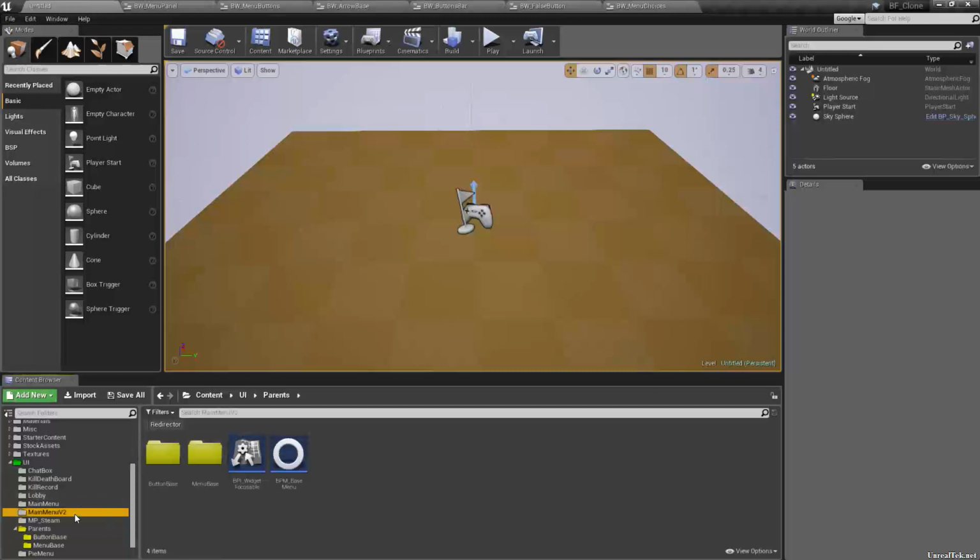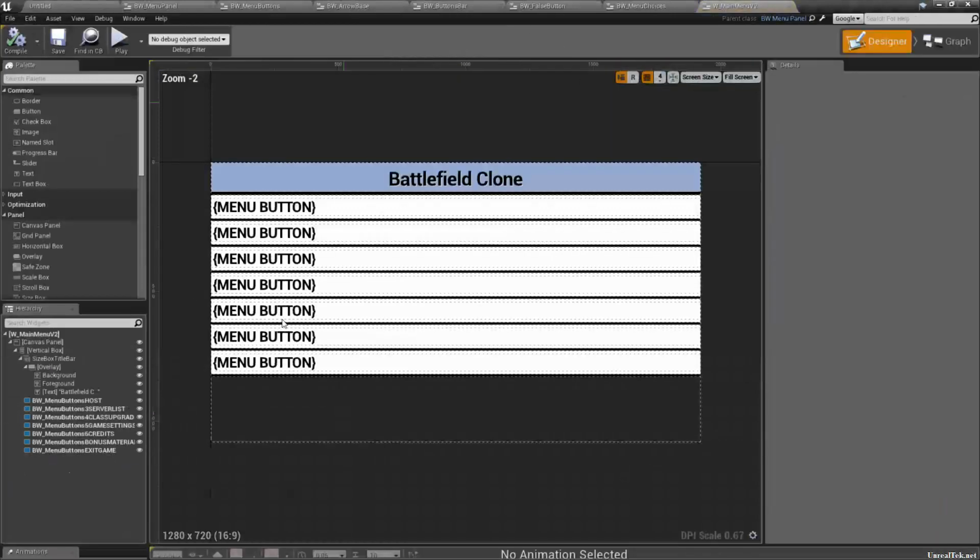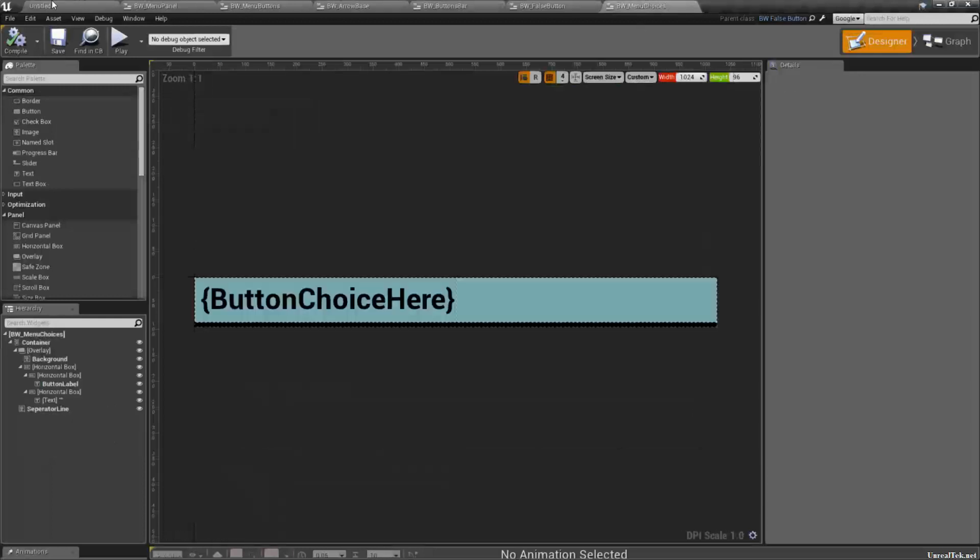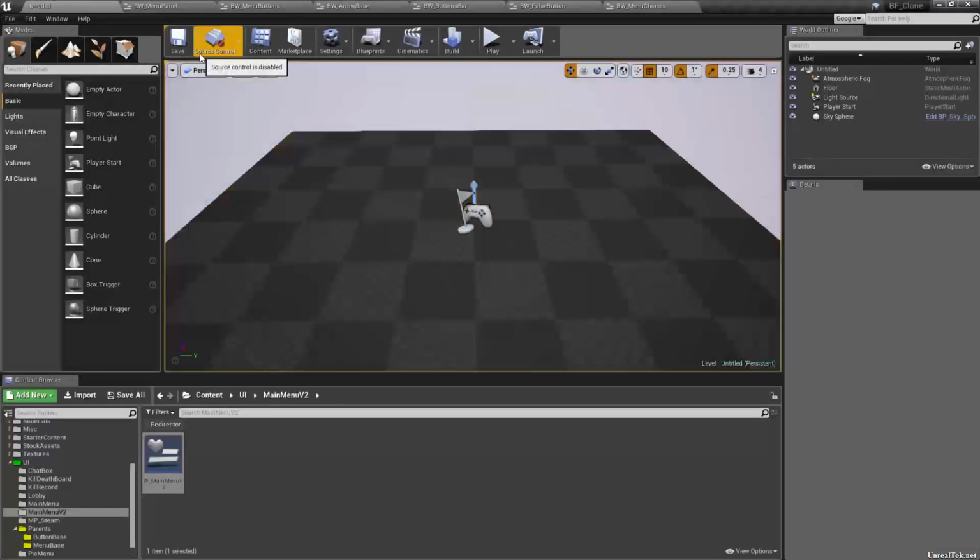And then I went ahead and used them to create a main menu, and so I'll show you guys the power of that. We'll create a main menu, maybe a character customization screen. So